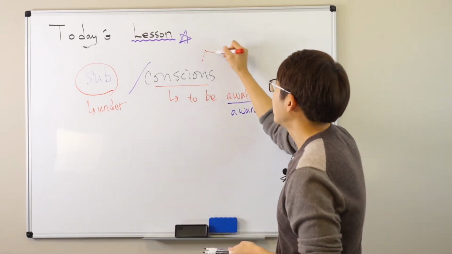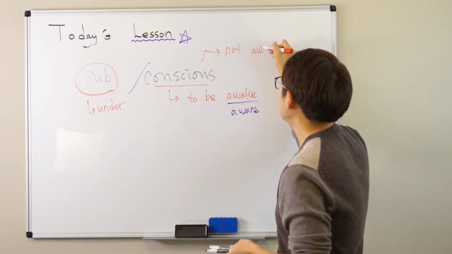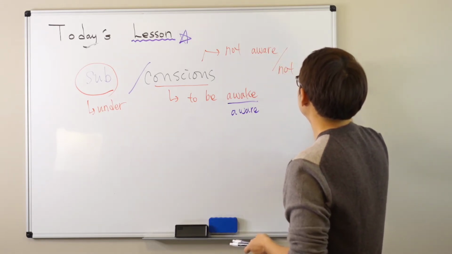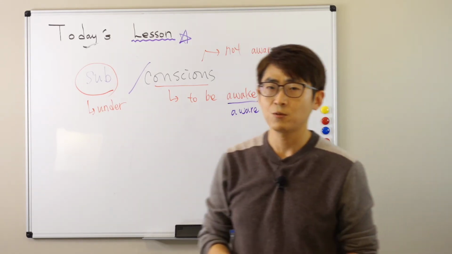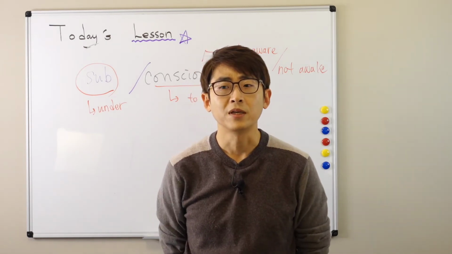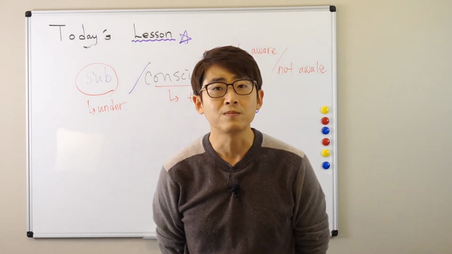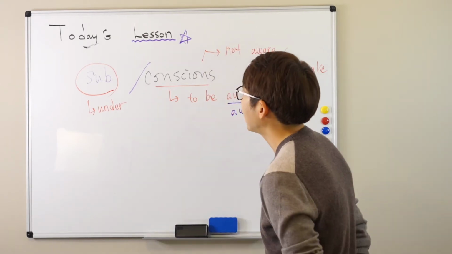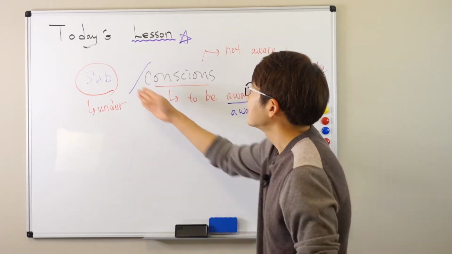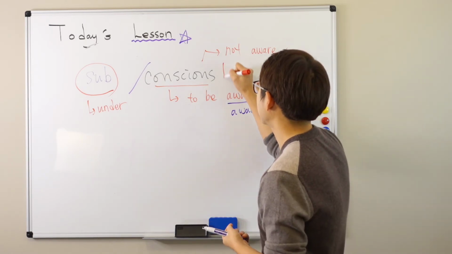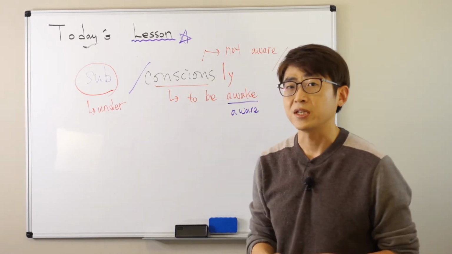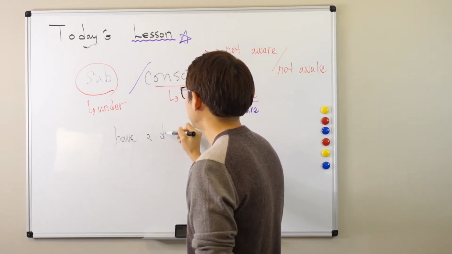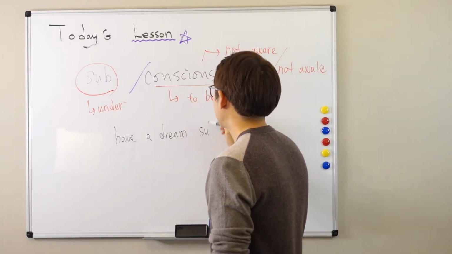So I'm not aware, and not awake. So subconscious. So what does that mean? I mean, even though you're sleeping, your brain does not sleep completely, right? So there are many things that are happening subconsciously. So I can have a dream subconsciously,